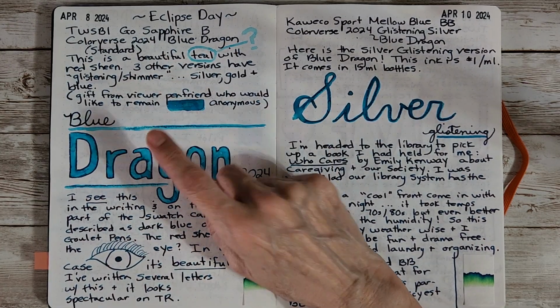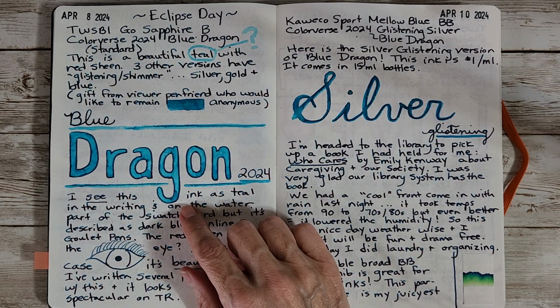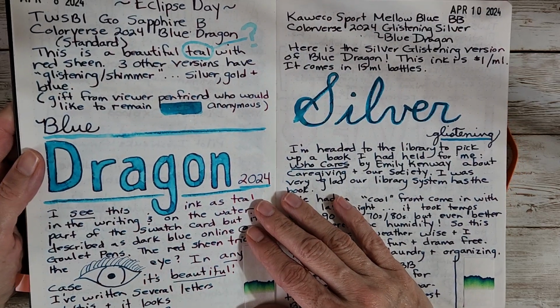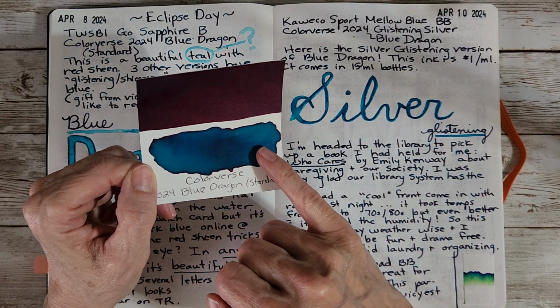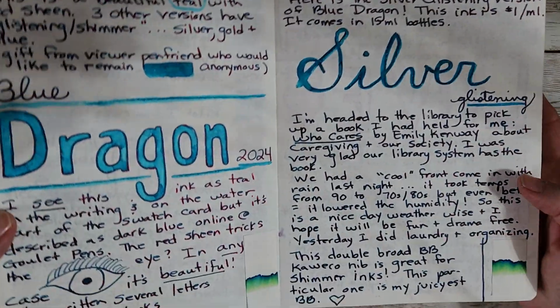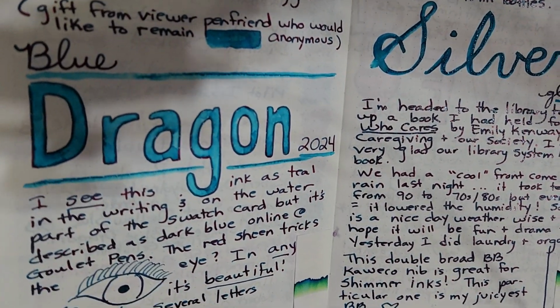So this was Monday, April 8th. That was Eclipse Day. And it was the Twisby Go Sapphire with the Blue Dragon, and it just really holds up. It has super flow. I circled teal and put a question mark because I started to doubt myself, but maybe it's what I'm seeing when you add water, and also because of the red sheen, maybe that's why I'm seeing it as teal. Because I'm not sure I can even show that, but in the writing, I definitely see that red sheen, and it does kind of